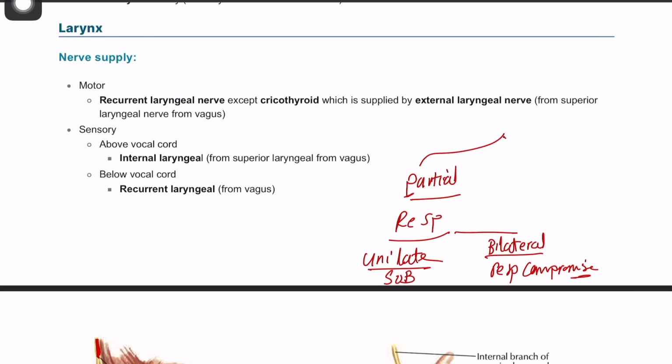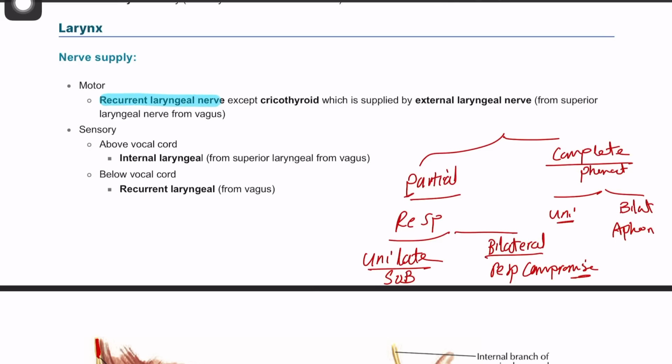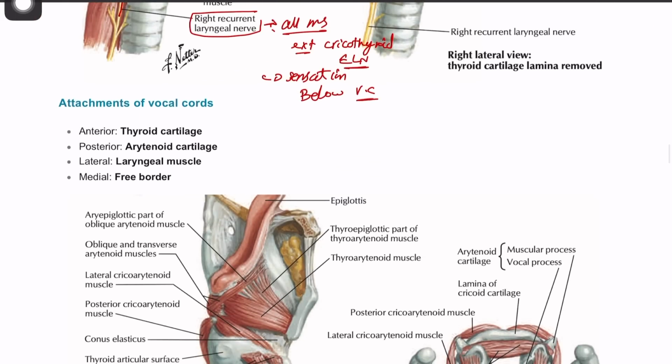Okay. So with complete, again, could be unilateral and bilateral. Complete, we're talking about phonation here. So complete unilateral is hoarseness of voice, and bilateral is aphonia, or complete absence of voice. But here, very quickly, the motor nerve supply: the recurrent laryngeal nerve supplies all the muscles except the cricothyroid muscle, which is supplied by the external laryngeal nerve. Sensory, we mentioned above the vocal cords is the internal laryngeal, and below the vocal cord is the recurrent laryngeal. Okay, so